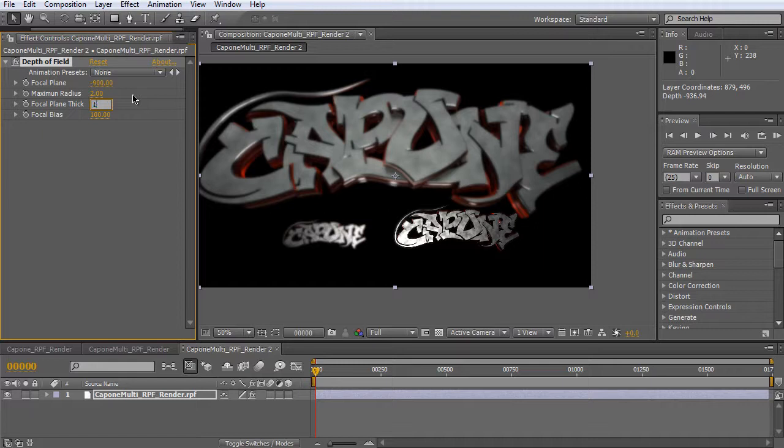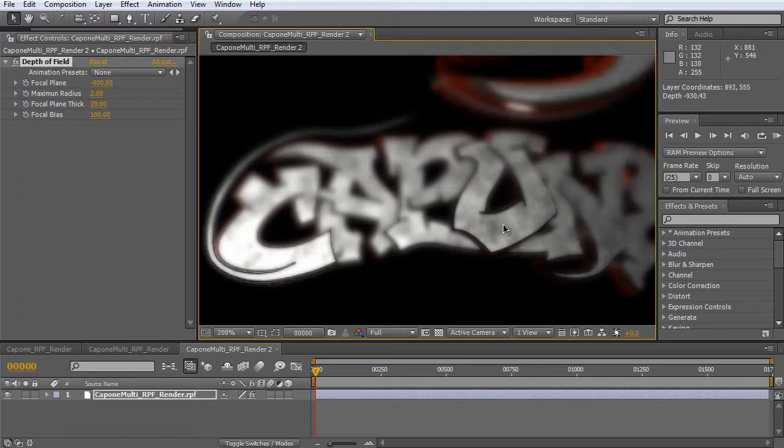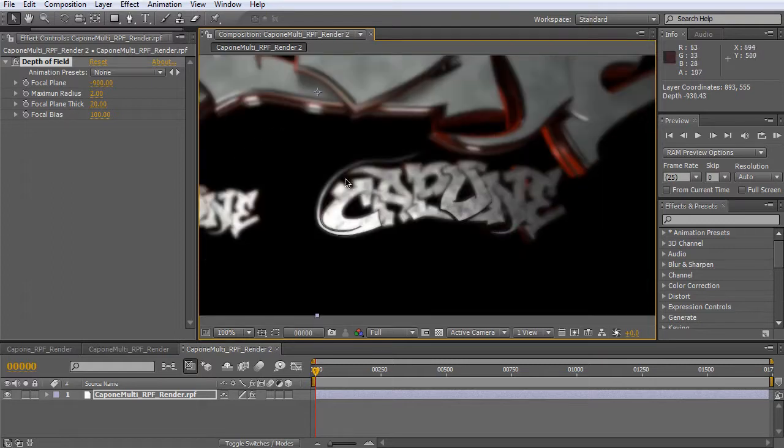I could go to, say, 10, and just find that point where 10 covers our object. Might have to go up a little bit more, say 20. And you're just using the focal plane to come to that middle. There it is there. And you'll see that some of that second logo is sharper than other parts,